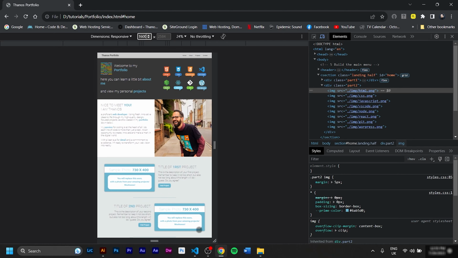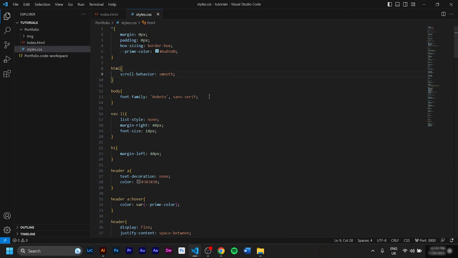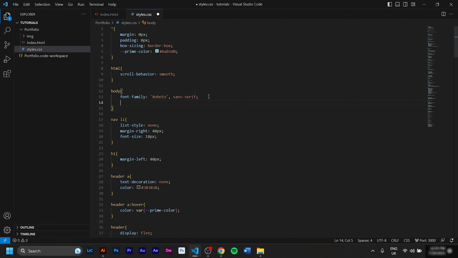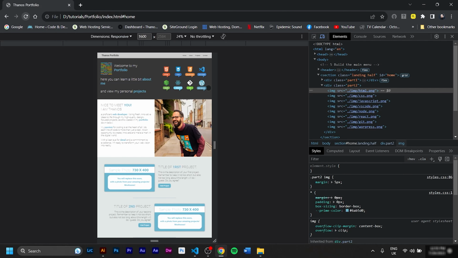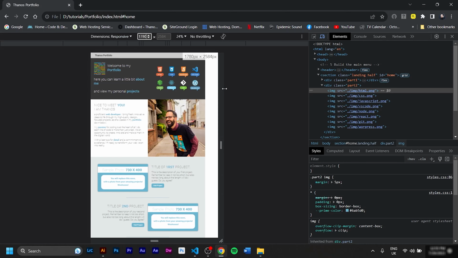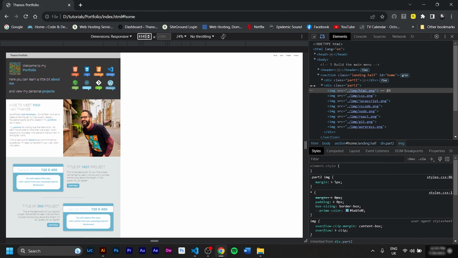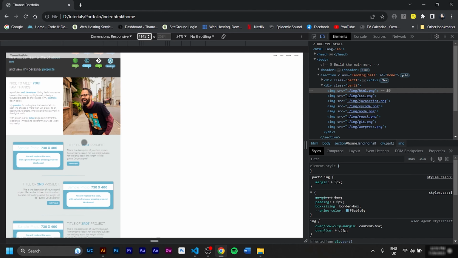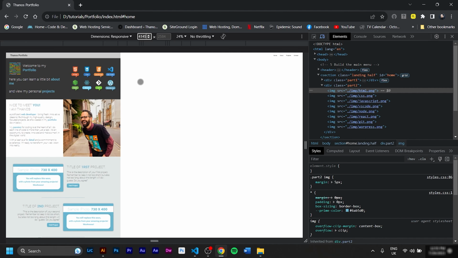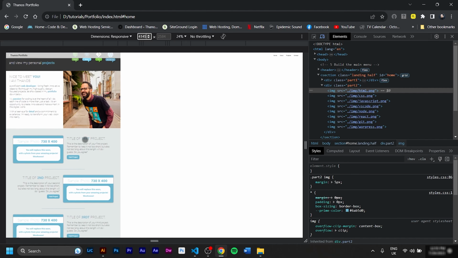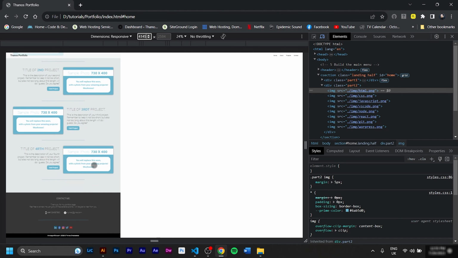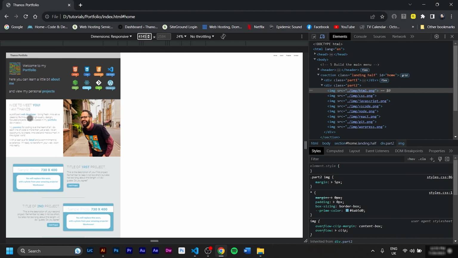So what I'm going to do, I'm gonna go to my CSS, I'm going to the body and I will say to it max-width equals 1600 pixels. Save. And let's go back to the browser, refresh, and now when I open it back to the 4K, we see that my site stays there. I basically said to my site, listen, on 1600 you look great, so everything higher than that, just stay at 1600.